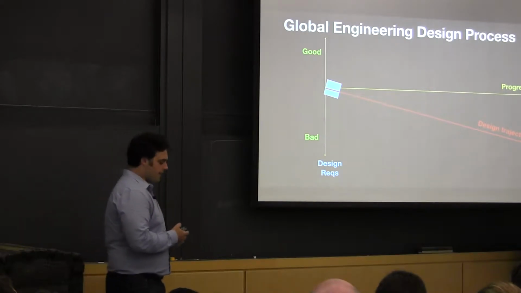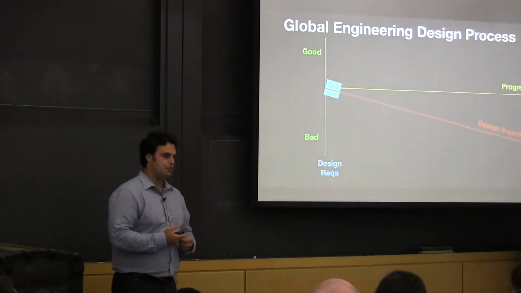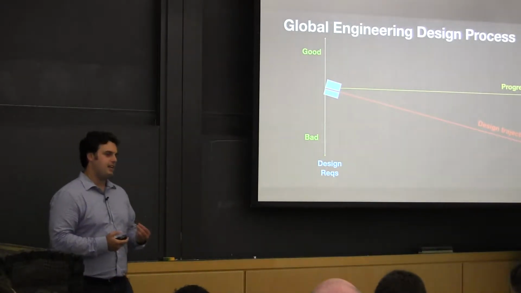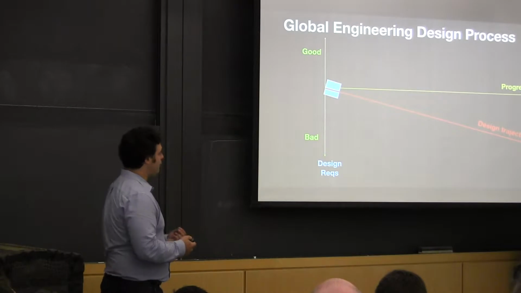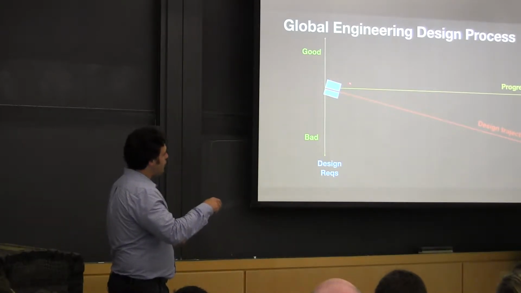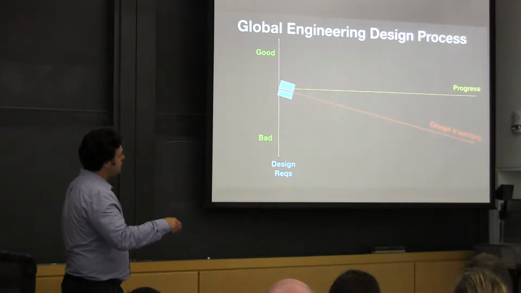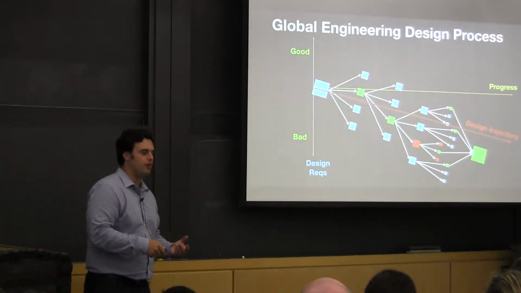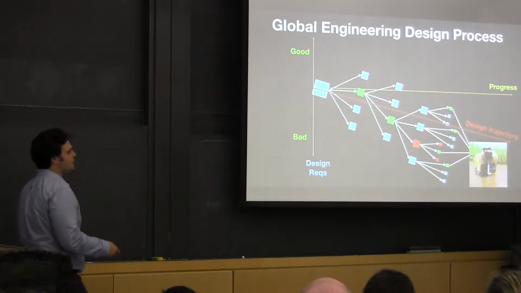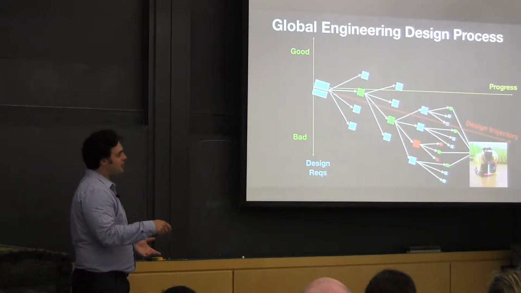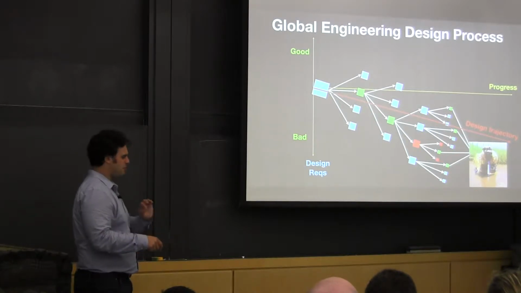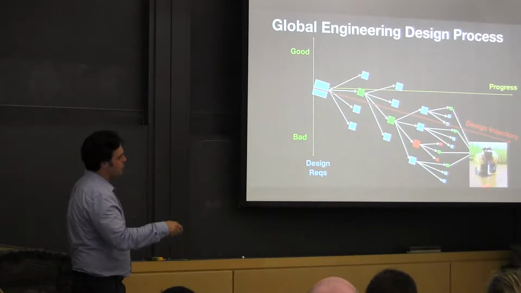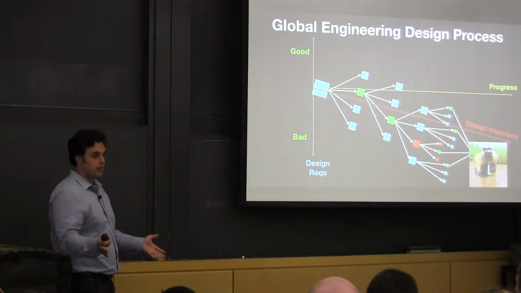I want to talk a bit about this idea of a design trajectory, right? It's so important to try to get your design requirements right up front, because if they're not, you can march down this path, you can do a really good design process, but you're going to end up maybe with something that's suboptimal. And the example I gave in the first class was the Life Straw, right? That could be a beautifully designed product, purifies water, great. But if you went on this wrong trajectory, you might put all this work into kind of a bad solution, and you don't want to do that.